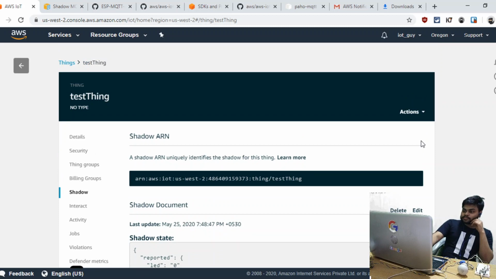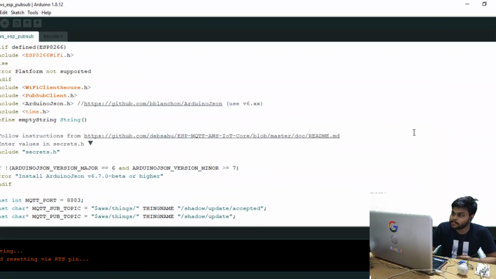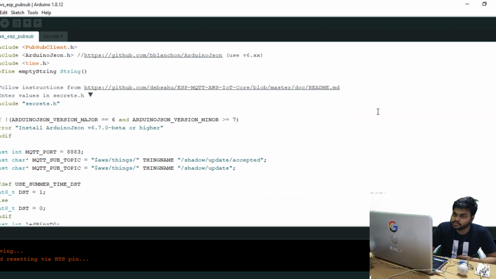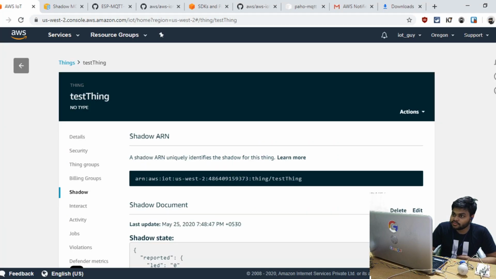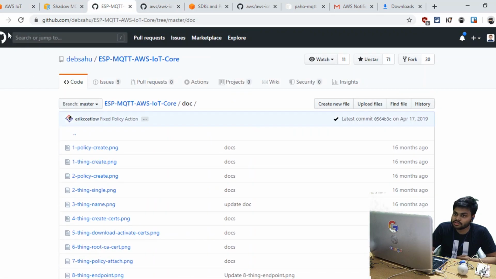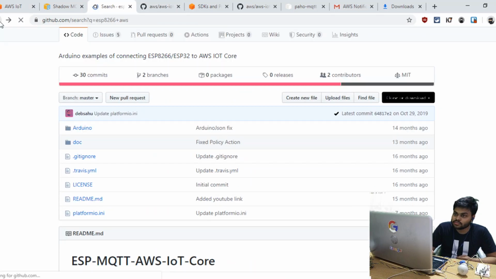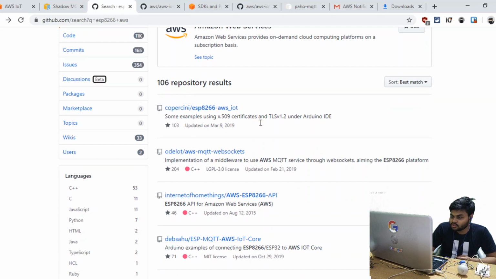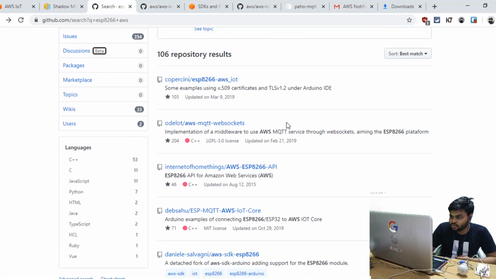Fine. So let's jump to the Arduino sketch and understand it. Before that, we need to see which sketch I am using. So here, search for ESP8266 AWS. We have two or three popular sketches to connect to AWS IoT.